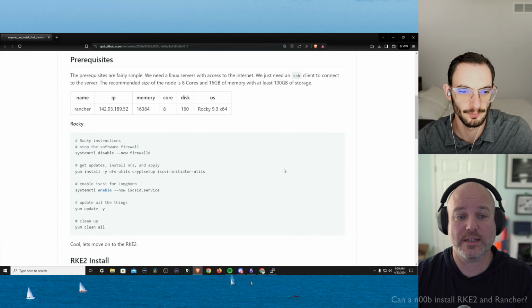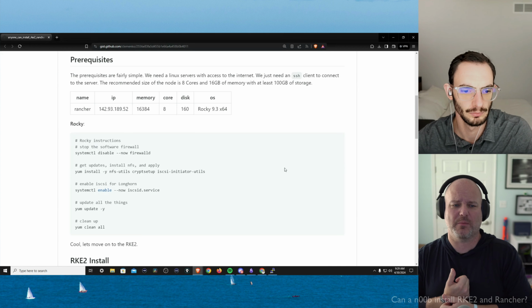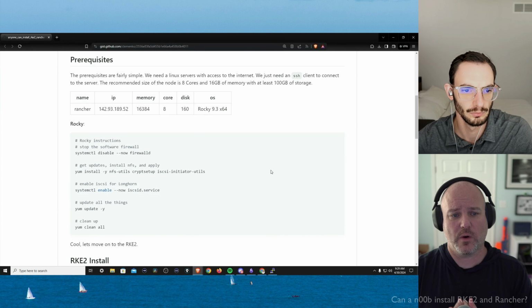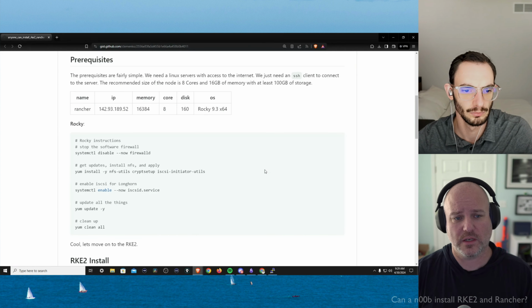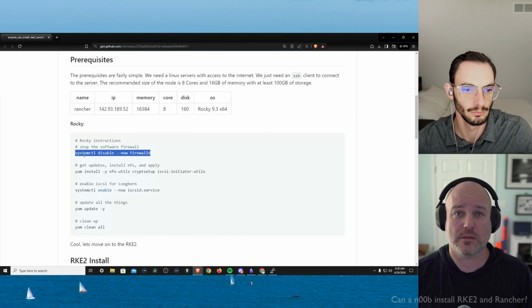So one of the things I like to do is disable the firewall. I'm setting up iSCSI, which is a requirement for Longhorn, and I'm just running yum update. So if you want, you can skip yum update. I'm not too worried about that. But if you want to just run systemctl disable firewall, and then the first 3 commands there. And you can actually copy the comments too. When you paste it into the terminal, it won't actually do anything.